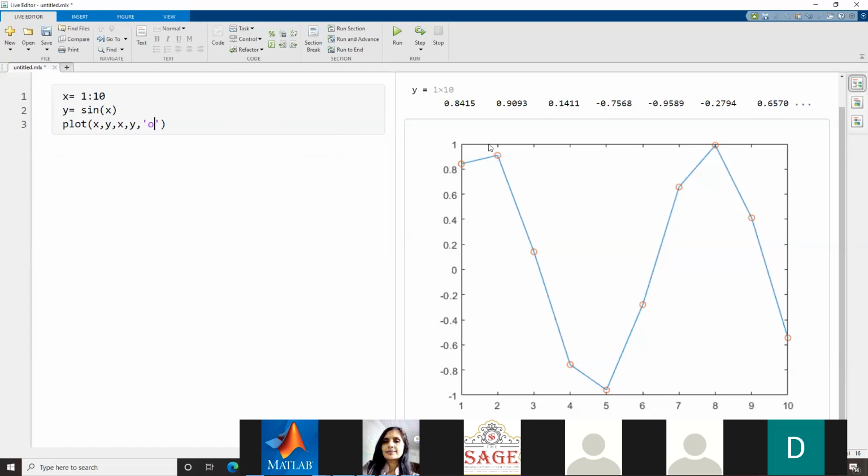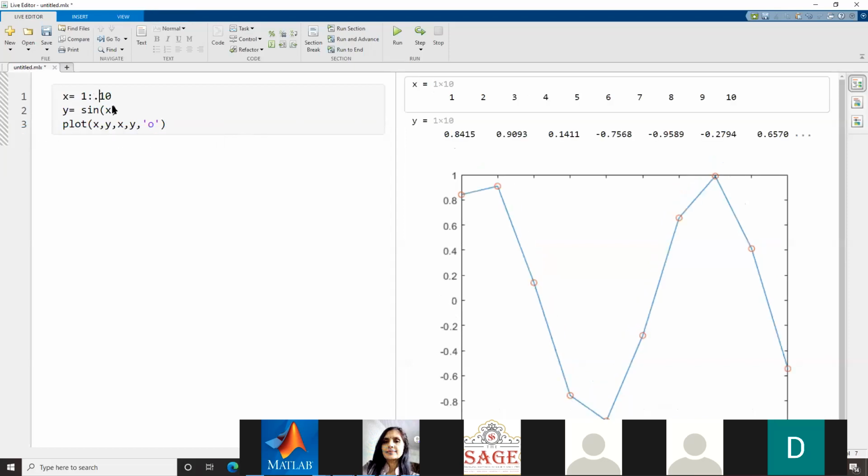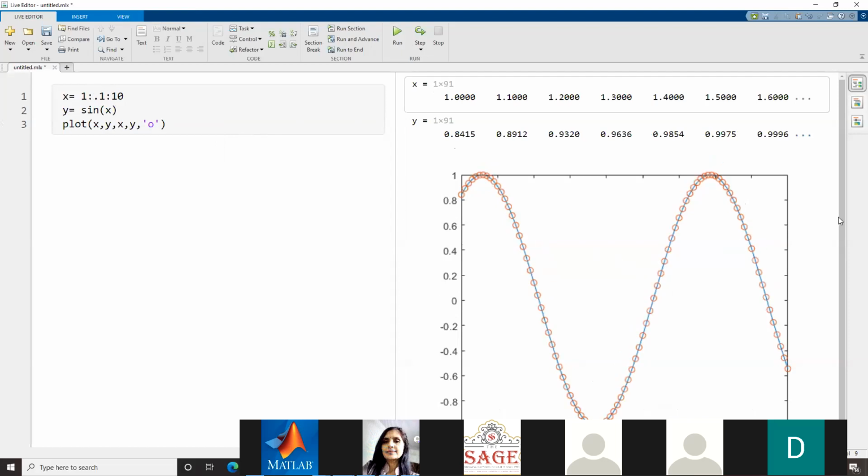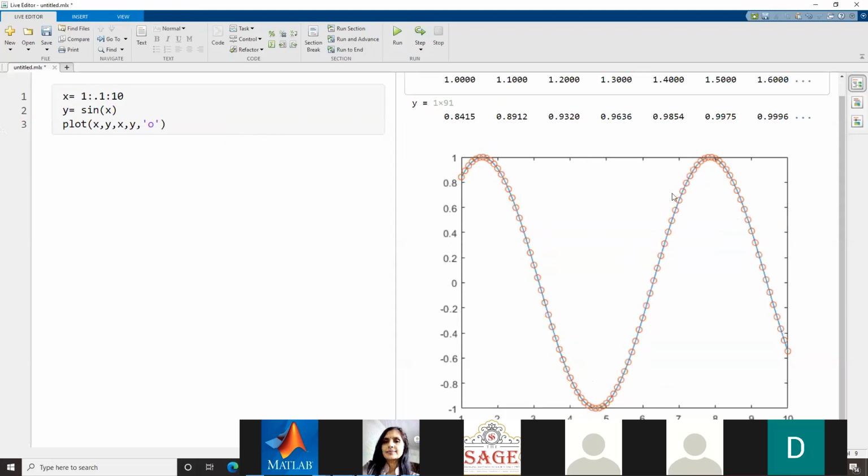So if we reduce the separation, the distance delta x, the curve can be much smoother. For that, we will pass the jump argument as 0.01, or 0.1 only. Suppose I pass that, the next value of x will be incremented by 0.1, not by 1. Now if I run it, I can see a pretty good graph, with a more smooth nature.